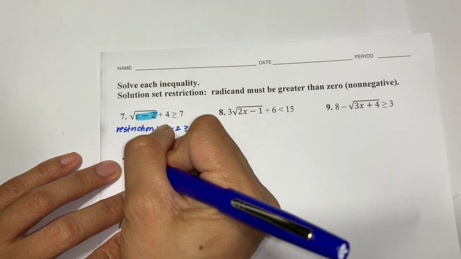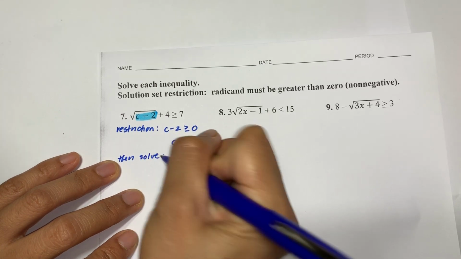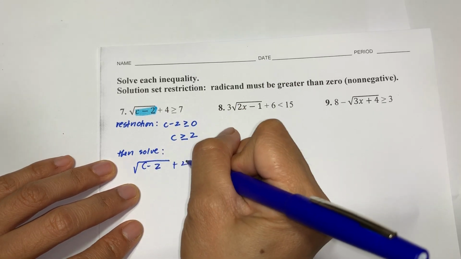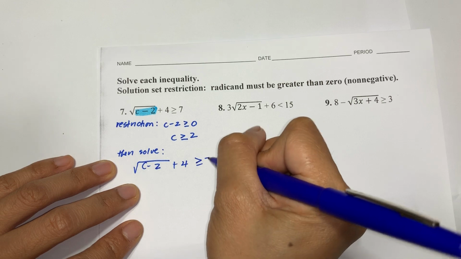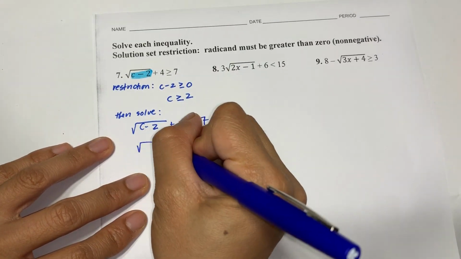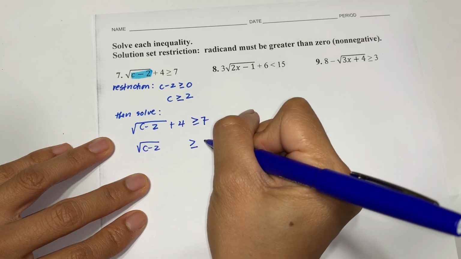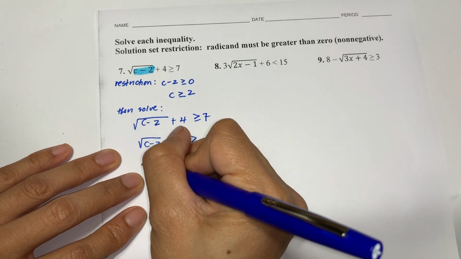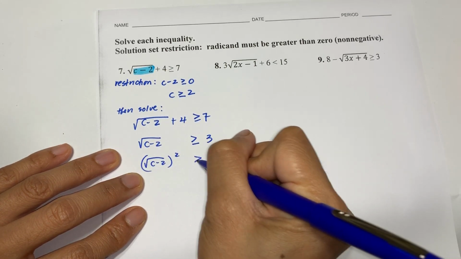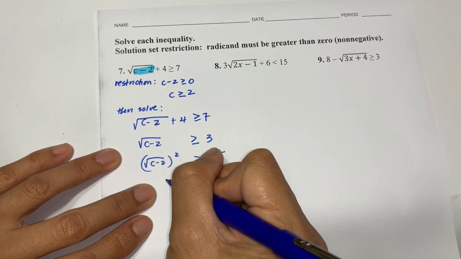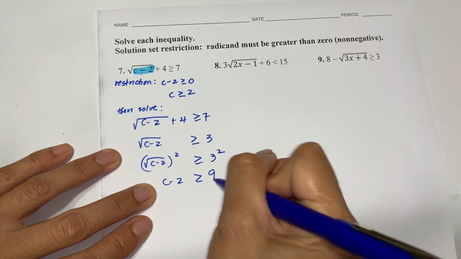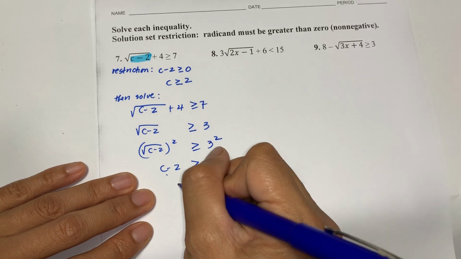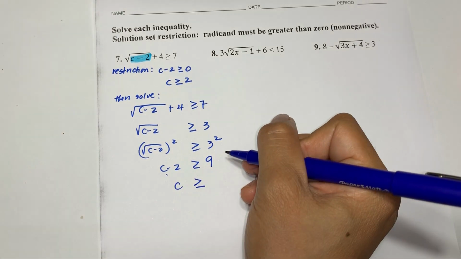Now you take the same problem. Now you solve it. Then solve. Okay. Square root of C minus 2 plus 4 is greater than or equal to 7. Minus 4. So square root of C minus 2 greater than or equal to 3. Square roots, not square roots, square both sides. So I'm going to write this down so you understand. So you're left with C minus 2 greater than or equal to 9. Okay, plus 2, sorry. Plus 2 to 9, C is greater than or equal to